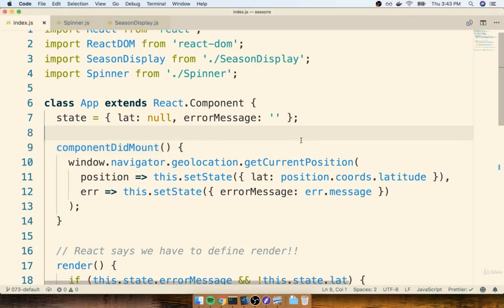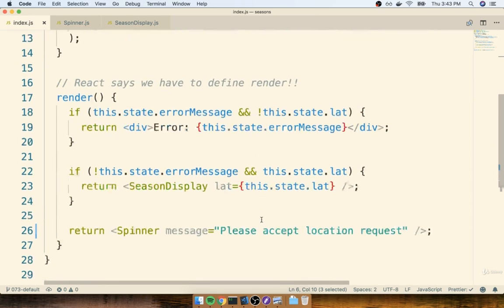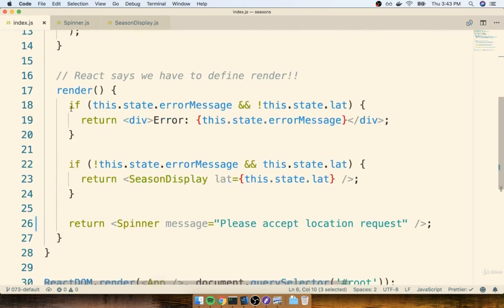In this video, there's one last thing that I want to touch upon around our app component. Let's go down to the render function. Remember, inside of here, we've got those two if statements to check for the case in which we have an error message and not a latitude, or an error message and a latitude, and our spinner. Now, at present, there's something inside of here that's kind of deceptively hidden, but it's something that would make changing this app component in the future really, really challenging.